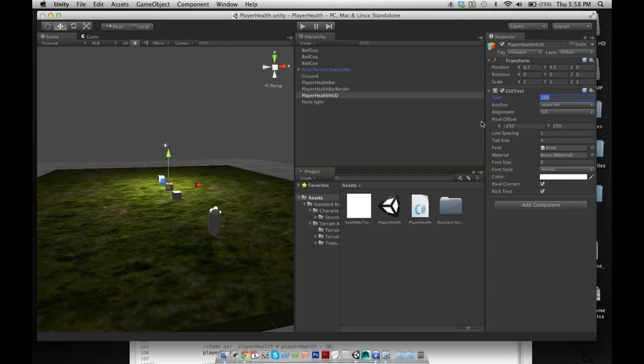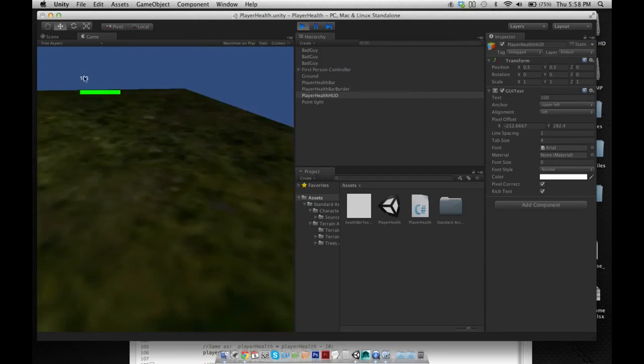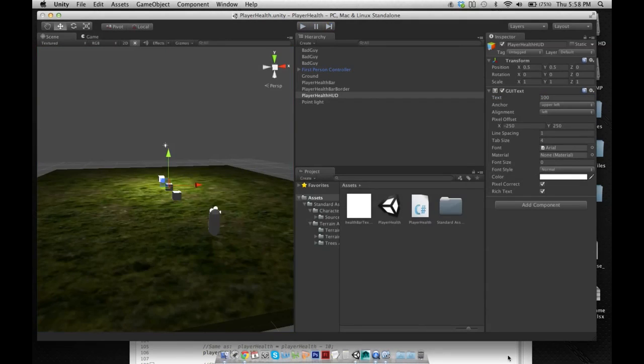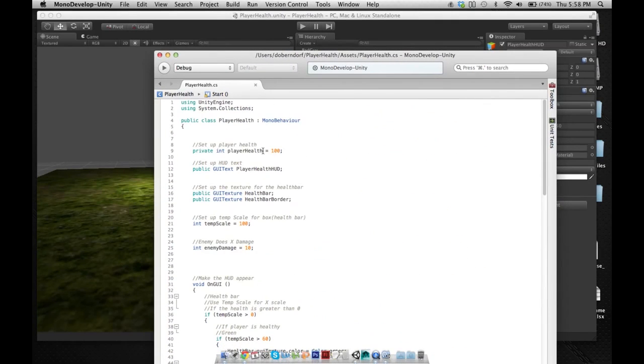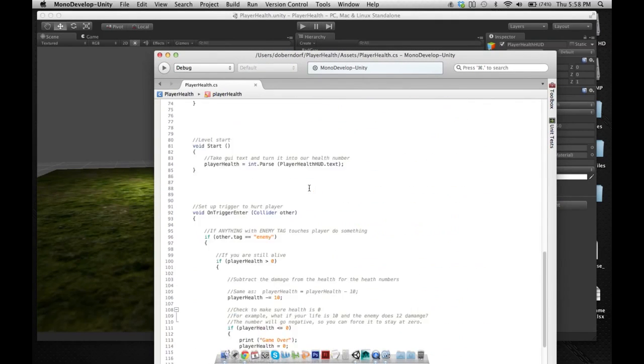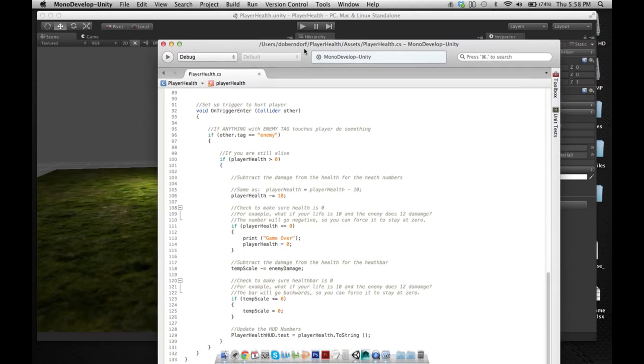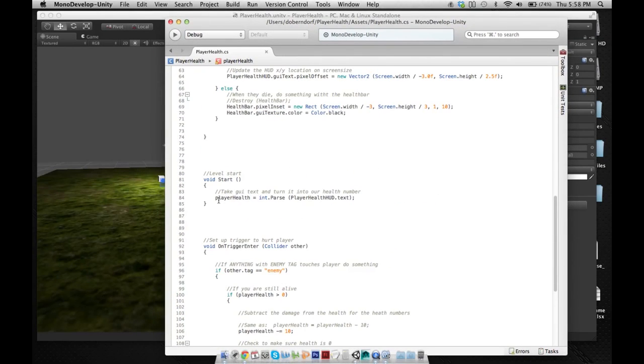So what it's doing is, when I push play and the level starts, it gives me 100. Okay? Now obviously we don't need to do it that way. We could have just said, player health is 100, and then down here when the level starts, we could have just said,